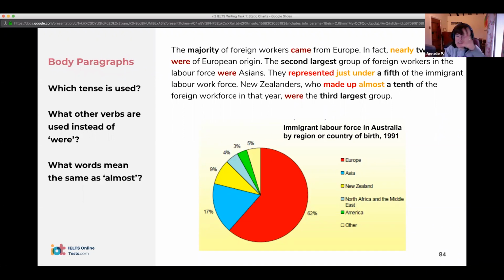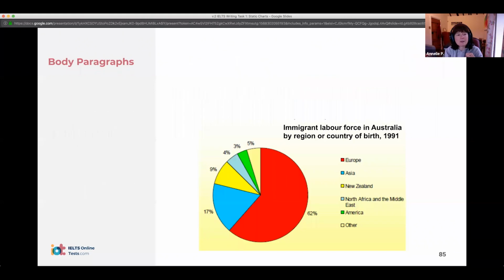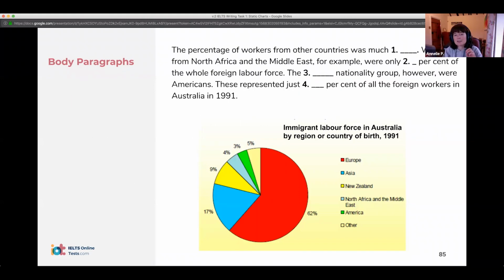With the three bigger figures, we've got a very clear distinction here between the three bigger figures and the three smaller figures. Same thing here. Now we're going down to those three very, very small percentages at the end. So what fits into the last gap? Good, "was much smaller". Then we look at North Africa and the Middle East. It was only,